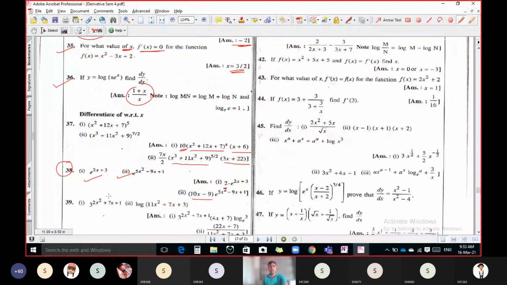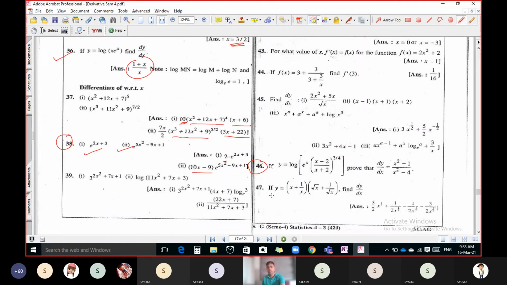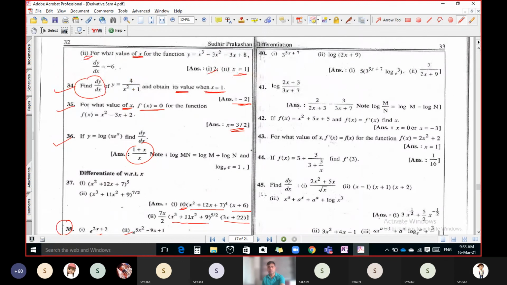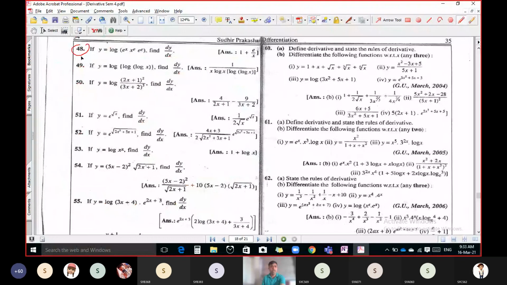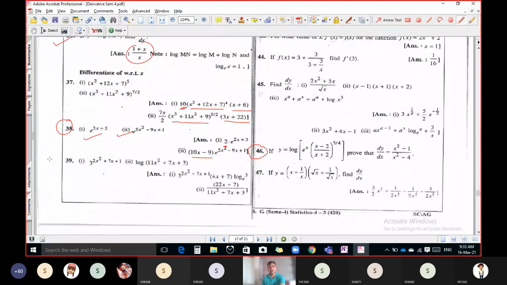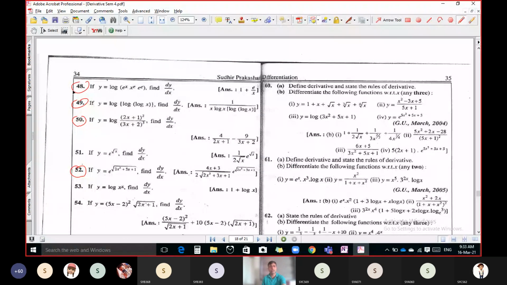Now you try the remaining questions except question number 46, which we will do in our next lecture. And one more question that you do. Okay, this 48, 49, 50. This we will do in our next lecture, as well as this 52, and the remaining you solve by yourself. We will discuss your doubts in the remaining questions, and we will do question number 46, 48, 49, 50 and 52 in our next lecture.